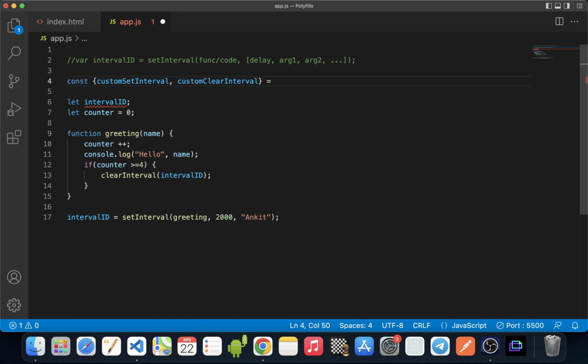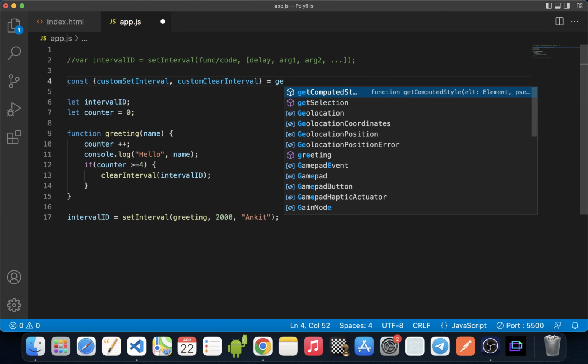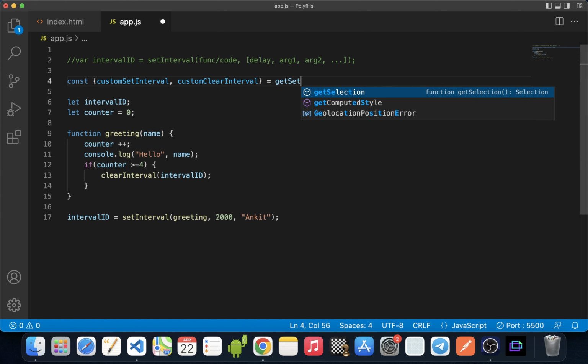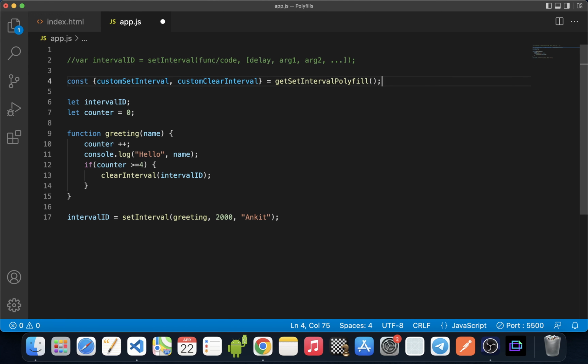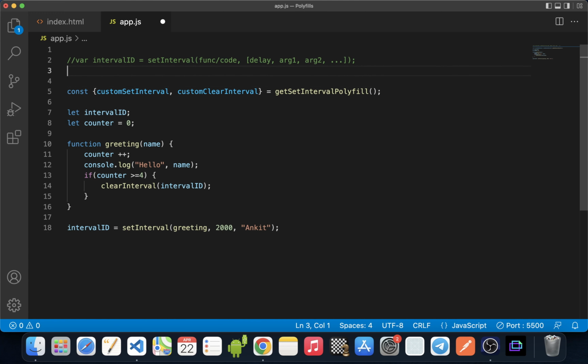These will be returned to us from a function that we'll be creating. So let's call this function getSetIntervalPolyfill. So let's create this parent function.